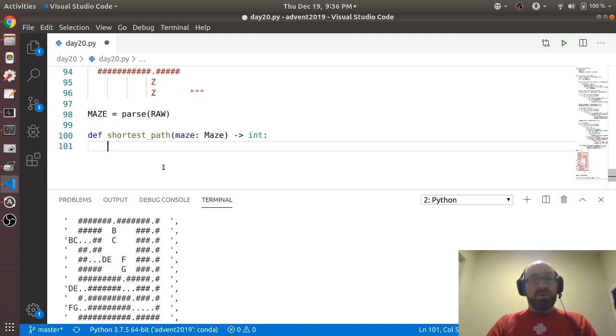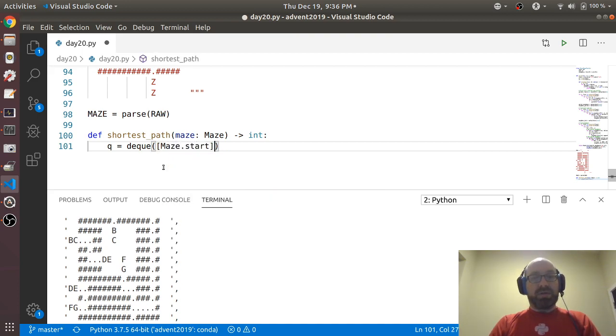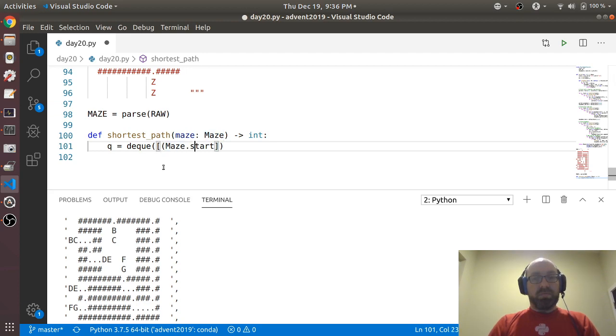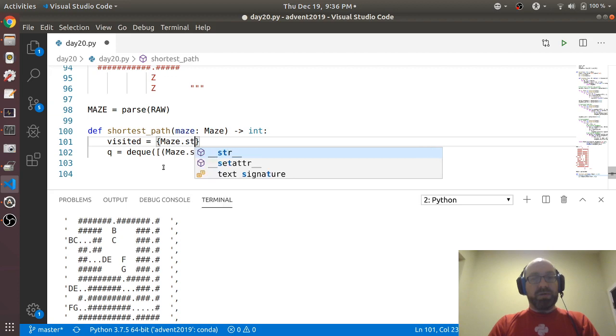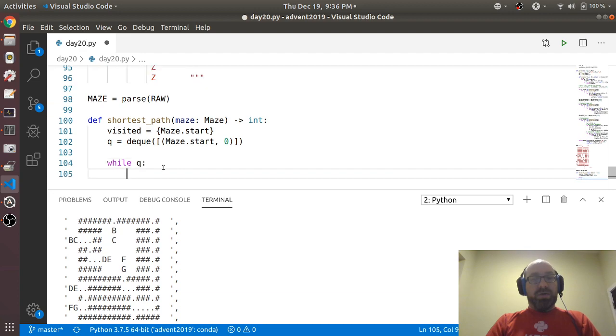And so q equals deque, maze dot start. And I need to keep track of the number of steps. This is 0. And let's just say visited equals set, same as always. And maze dot start. Okay, and so while q